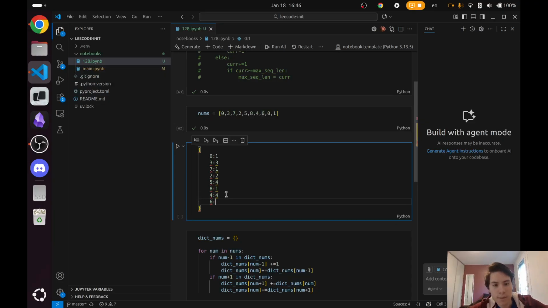So given that 5 is already in 5, I'm gonna put in 4, in 5 I'm gonna put 5, in 6 I'm gonna put 5, and then checks if 7 it is, and 7 it is. So I'm gonna put